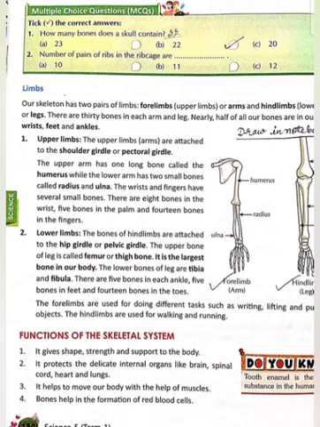Why? Because the bones of birds are hollow, but the bones of human beings are not hollow. They are very solid. They contain a jelly-like liquid, or a semi-liquid you can say, which is known as the bone marrow, and bone marrow is responsible for the formation of red blood cells.